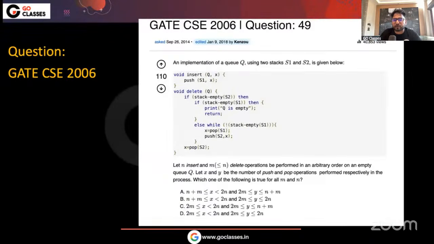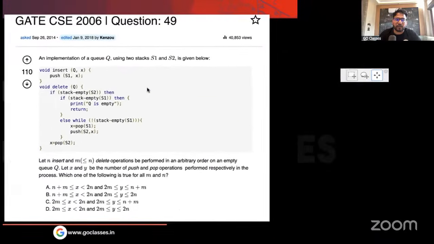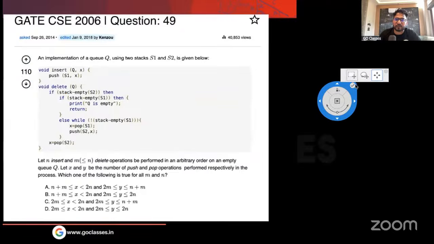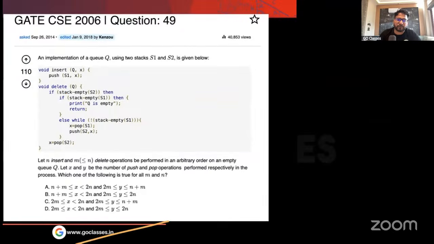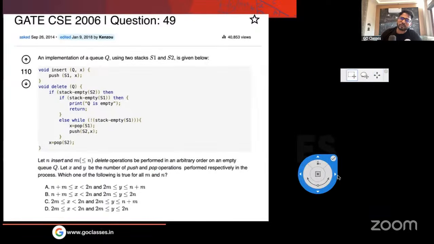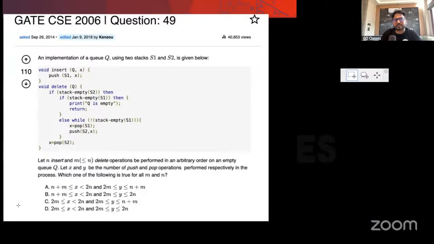So this PYQ has been asked in GATE 2006. Okay. In GATE 2006, this PYQ has been asked, and this is a very nice PYQ. Okay. So they are giving you some code. The code is basically the same, exactly same that I have already shown you. Now just solve this PYQ just like you are seeing this very first time. Okay. Let's just solve this PYQ just like we are seeing this very first time. I mean, obviously we are seeing this very first time, but don't worry about the earlier discussions.